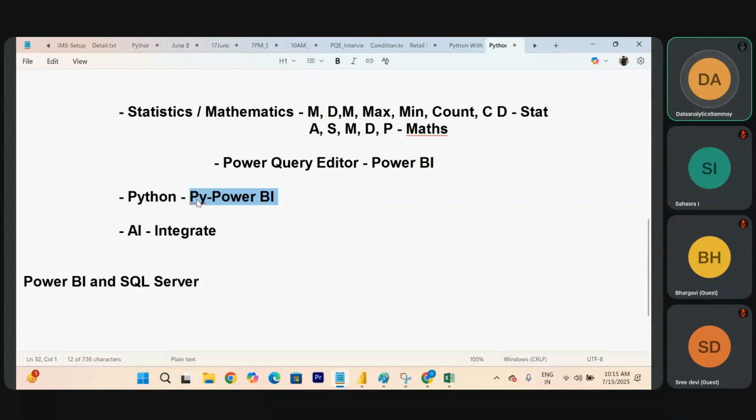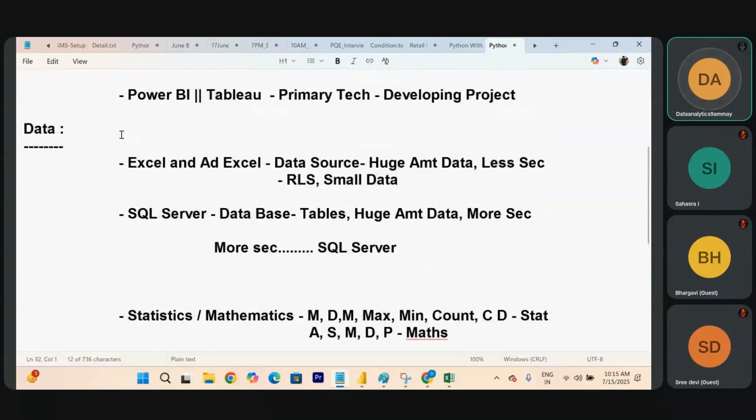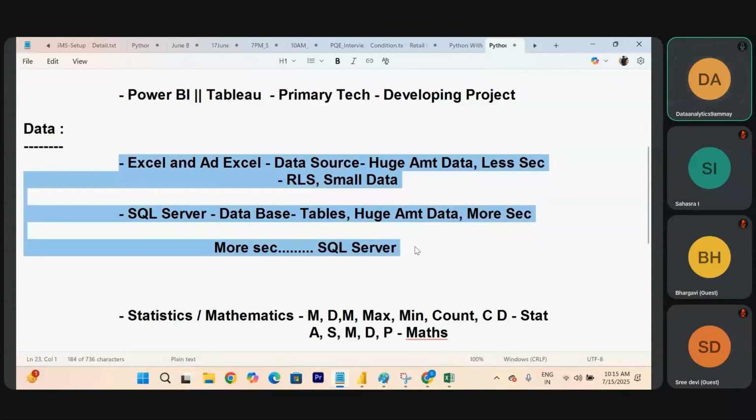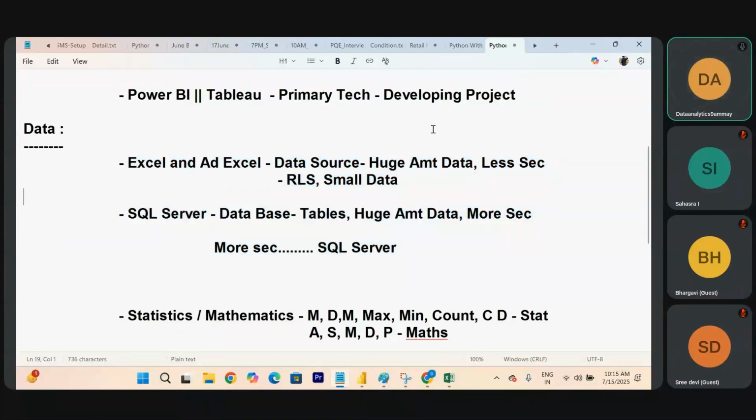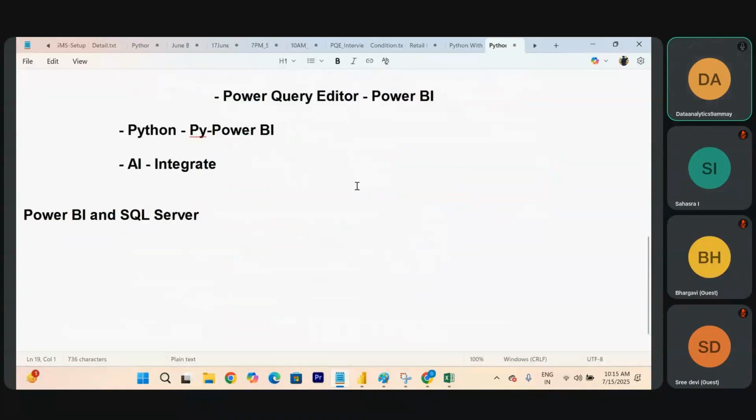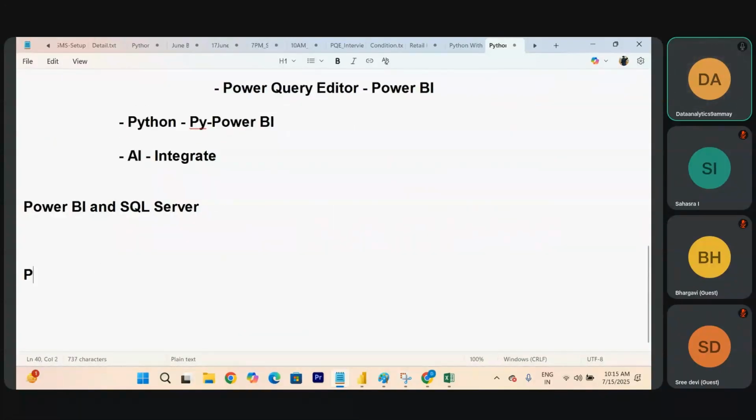Perfect, na? So if anybody asks you for a requirement based only on Excel and Power BI, you don't want to lose the opportunity. If any MNC company asks you for Power BI, Excel, SQL, you don't want to lose the opportunity. This is how you create opportunities. So this is multi-technologies that you have to understand.